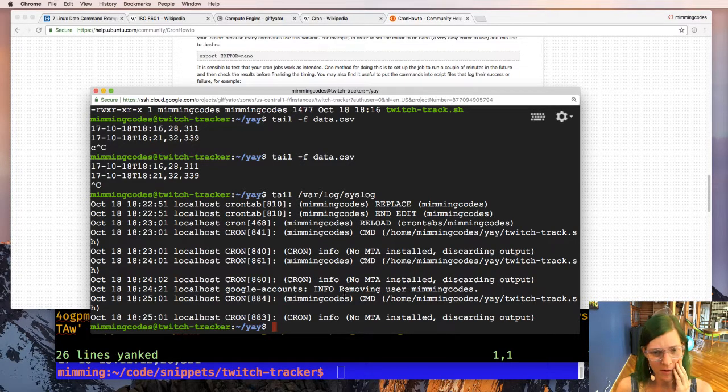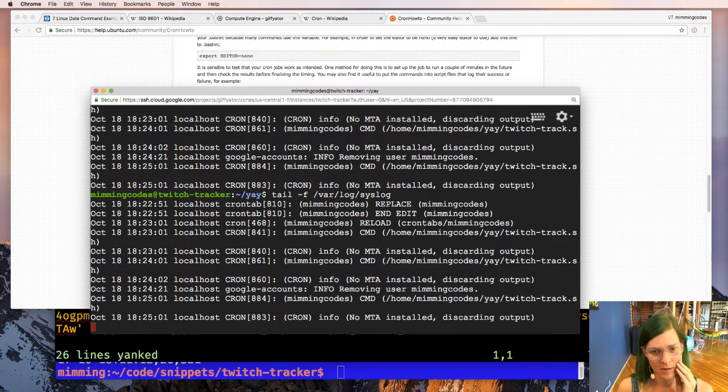Accounts, removing user. So it's tried to run it. No MTA installed, discarding output. So does it actually run every minute? Oh, it's trying to write it to the local file. So it's running.